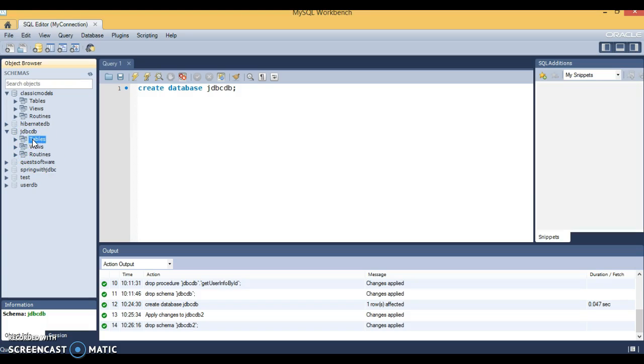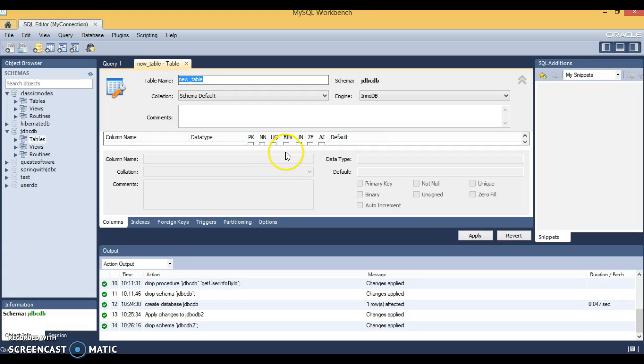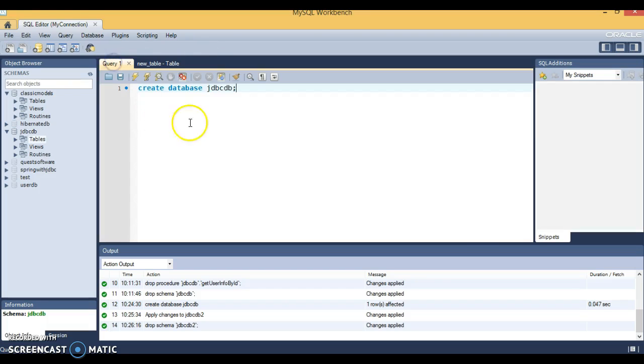So here I want to create a database table for the JDBC demo. So right click on the table and create table, right? So like this you can create a table, or you have also facility to write a DDL query manually like create table, table name. You can specify the column name and data type and size and so on, and you can apply any kind of constraint and all.